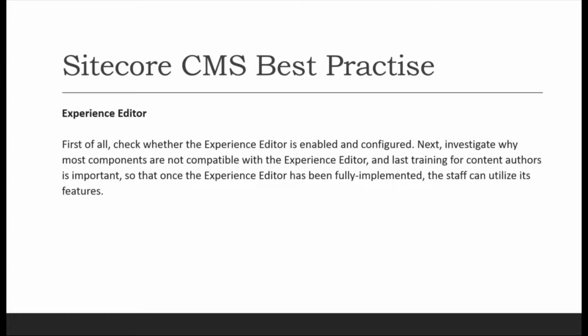Experience editor. We need to check whether the components and their contents are viewable in the experience editor. Make sure your content authors or content editors are using the experience editor. That is the best practice Sitecore suggests. Try to use the experience editor for adding dynamic components.